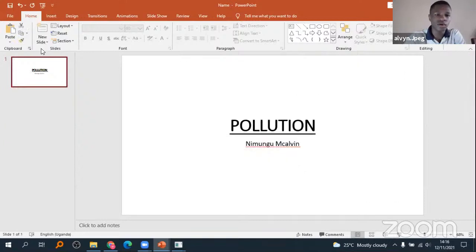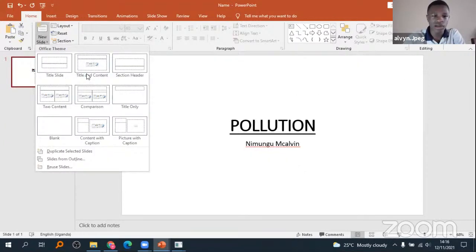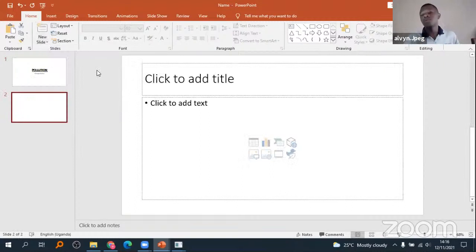So when you click this drop down menu here, we have title slide. This is the main slide that we're on right now. Then title and content. This is what came up when I pressed that first thing. Then we have a section header. Then two contents. Maybe you want to make a comparison, you can use that. The comparison one can do the same. They are similar. So we shall be using title and content because that's the one which is common and basic. In the title and content slide, this is where we shall be